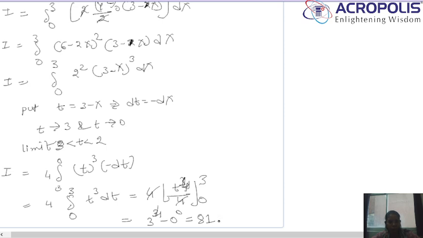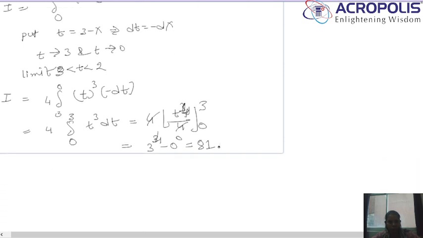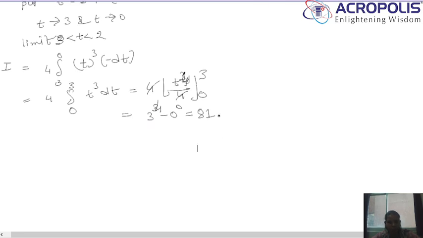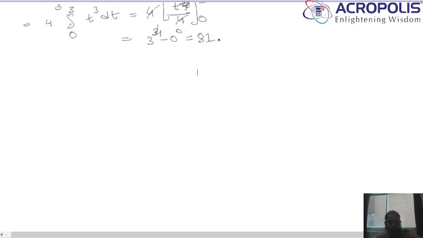Now let's move on to another part, another question based on surface integral. Now question number 2, we can write: evaluate